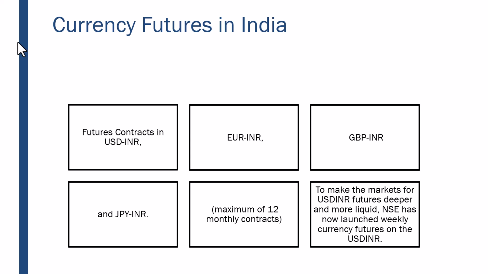So currency futures in India. What we have done is options. Options, futures are linear products. Options are not linear. Why do I say linear, non-linear? Because in futures you have unlimited potential of losing and unlimited potential of gaining. In options, you may have some unlimited and some limited. So it's not linear. A person who enters into a future contract can either lose or gain. There is no midway. He can't just simply walk out of the contract.